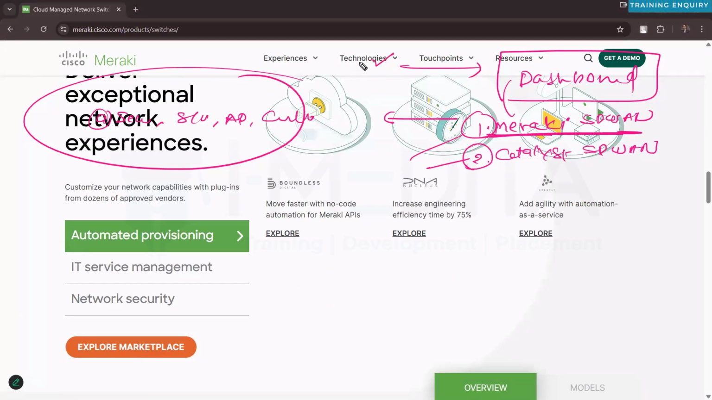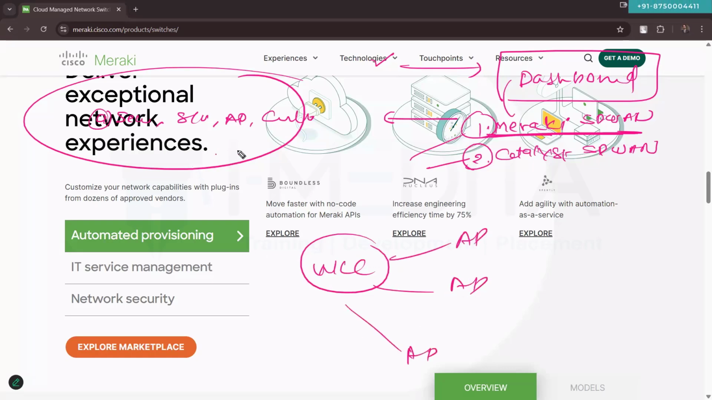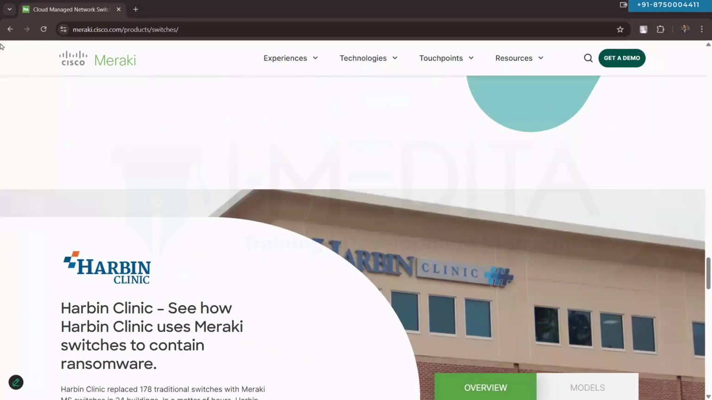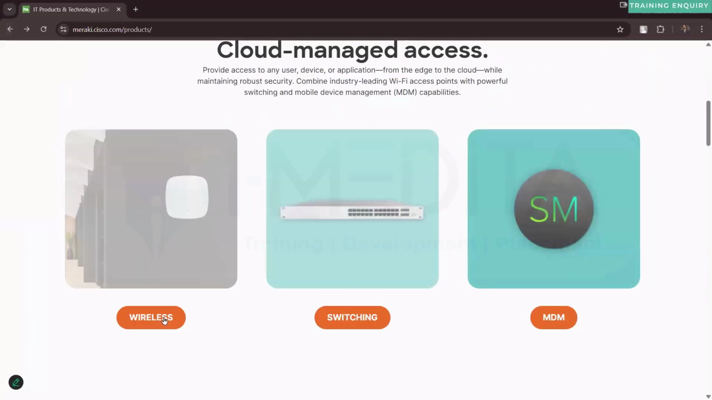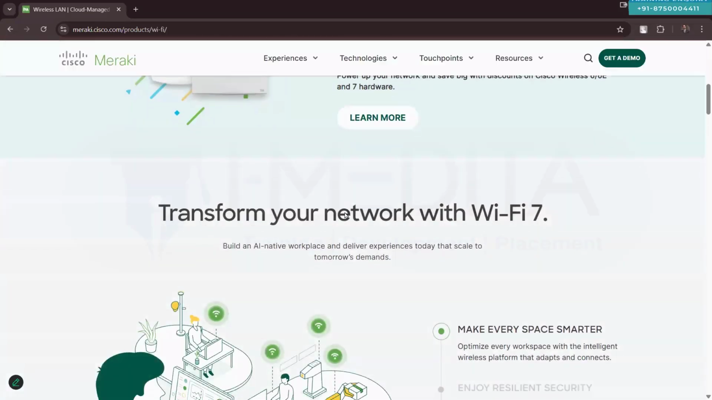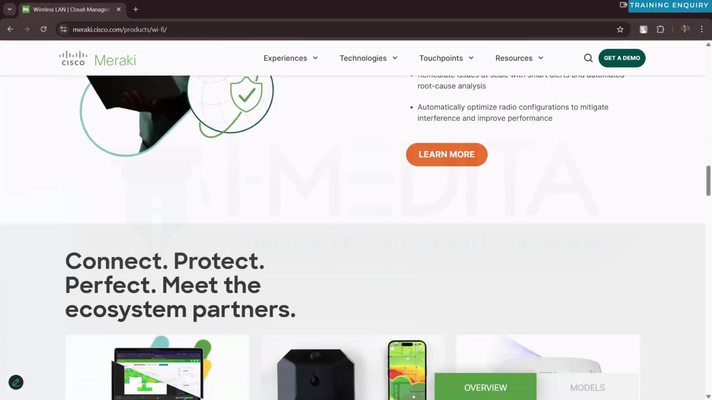If you are aware, just like the wireless LAN controller, the WLC, is responsible for managing all the APs, similarly this Meraki dashboard will be responsible for managing all the Meraki devices from one centralized point. They have different products for the same, different switching products, different access points. You can purchase these products, install them in your infrastructure, and manage all these devices